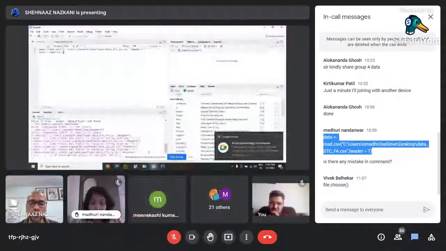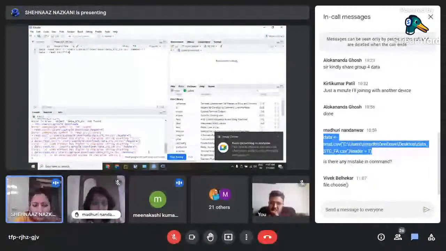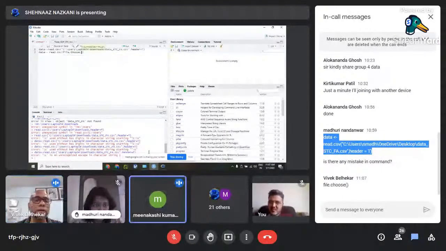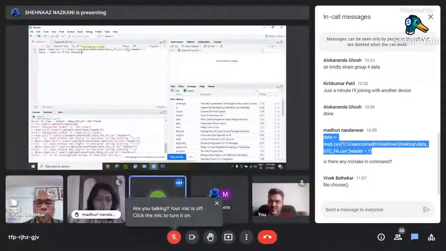In the bracket I have to type this file.choose. हाँ, आ गया, देखिए ऑप्शन आ गया, एंटर करोगे तो... हाँ अभी एम्प्टी ब्रैकेट डाल दीजिए बस। अभी रन कीजिए इसको सिर्फ।